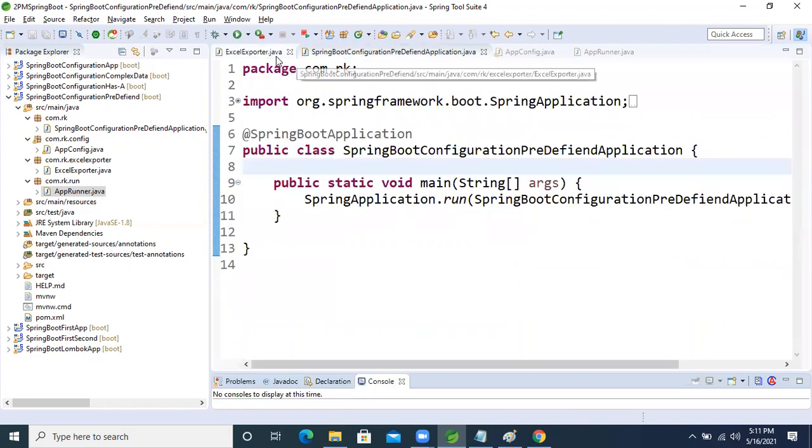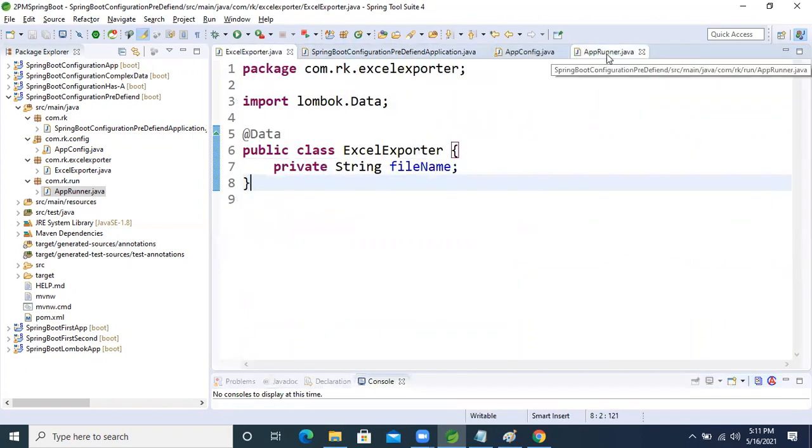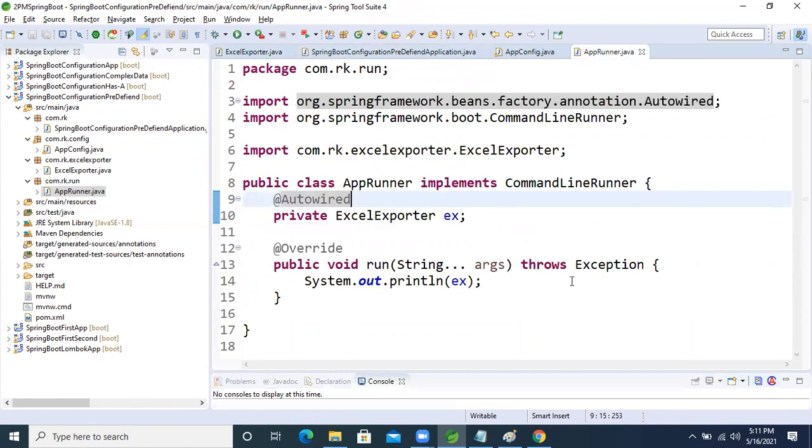Okay, no problem. So here, @Autowired ExcelExporter, we are using exe or something. Now fine.